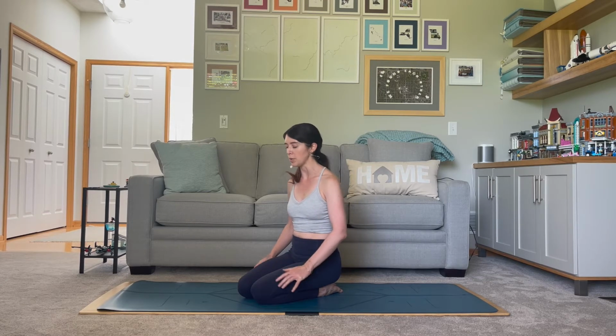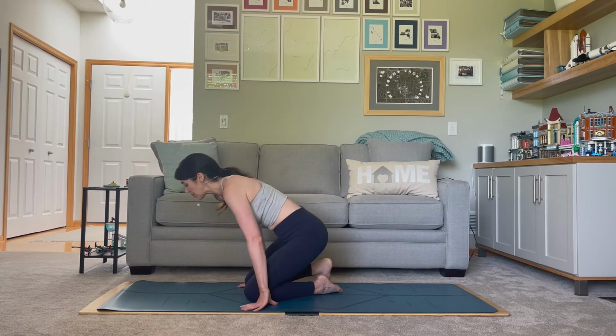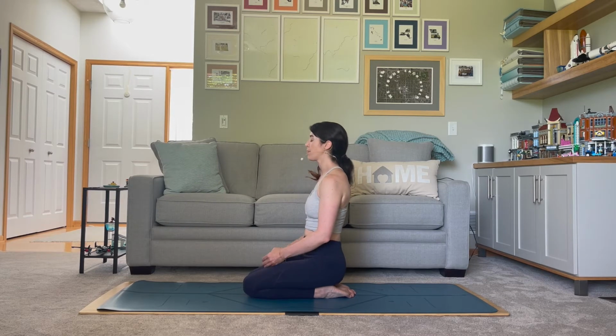You can come into a nice easy sit, cross-legged, or if you want to join me sitting on your heels, that'll work just fine. Come to the center of the mat, close the eyes, and let the hands just rest gently in your lap. Palms up. We start to move our focus onto our breath. Noticing as we start our practice